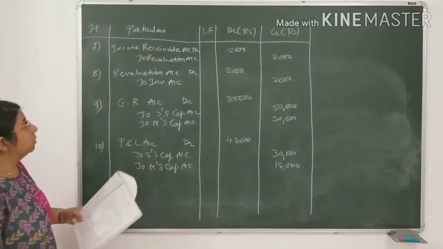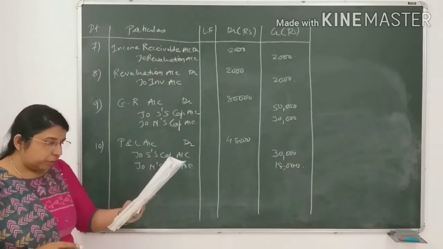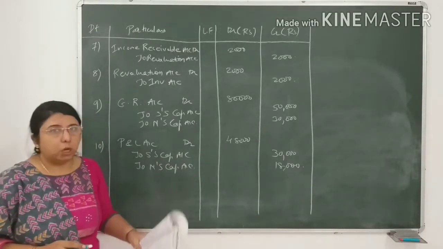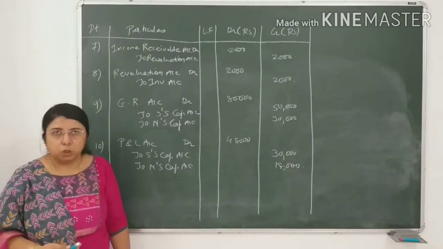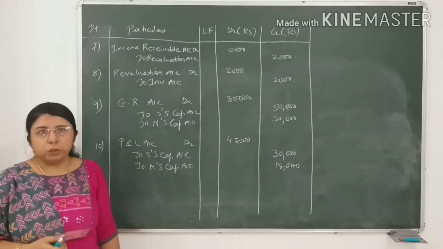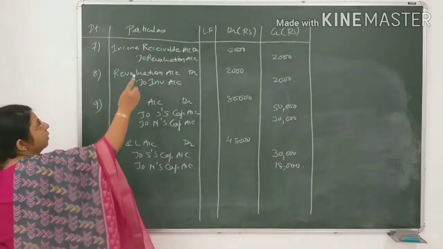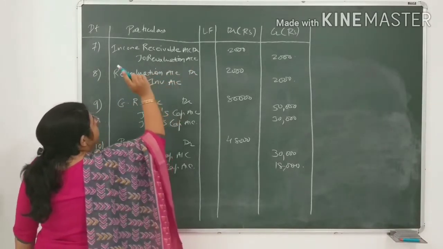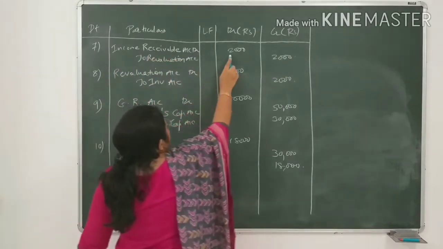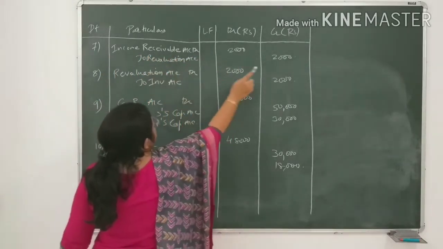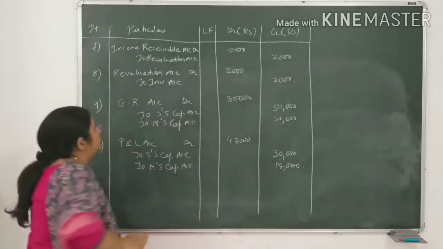Now in the same adjustment you can see that is income receivable rupees 2,000. Income receivable means the income which you are going to receive in future. So it is one kind of profit for the firm. If it is profit, then revaluation account will always be credited. So the entry would be income receivable account debit rupees 2,000 to revaluation account credit rupees 2,000.